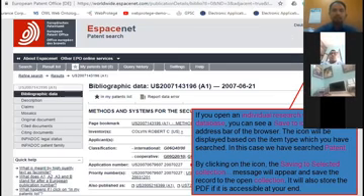Now next is how you can fetch the information online. Let us assume that you are going to Espacenet, the patent search database, and this is a patent which is important for you, and you would like to enter the patent data in your library and cite it. So what you can do is simply configure your browser with the Zotero add-on.